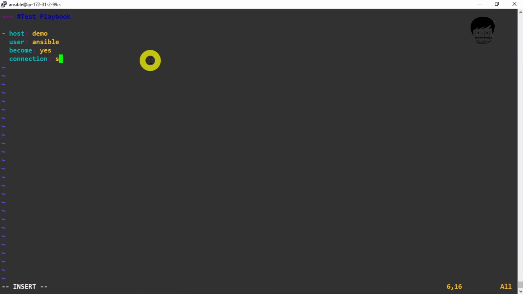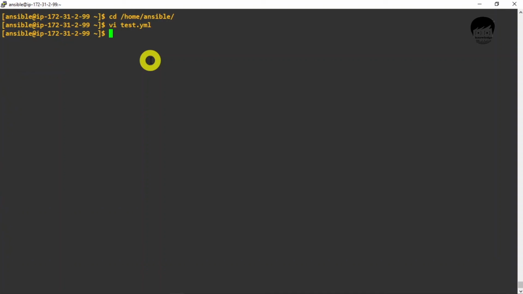You already know that. And then gather facts, we'll check the IP address, so for that purpose we'll use gather facts: yes, and I just have to save this file with wq, and now I will execute this file and it will do whatever task I have mentioned in that file.